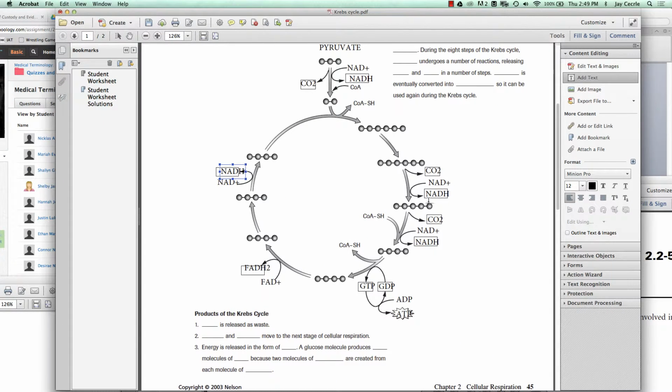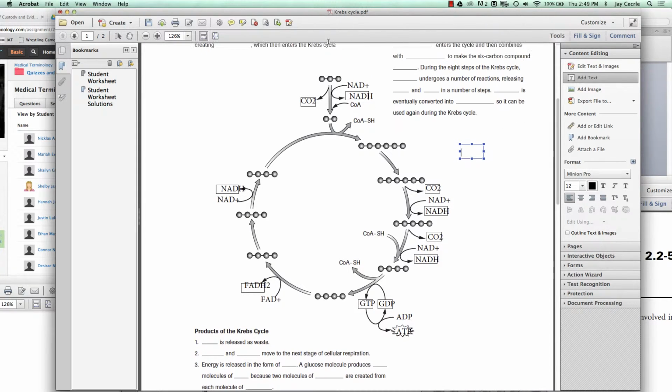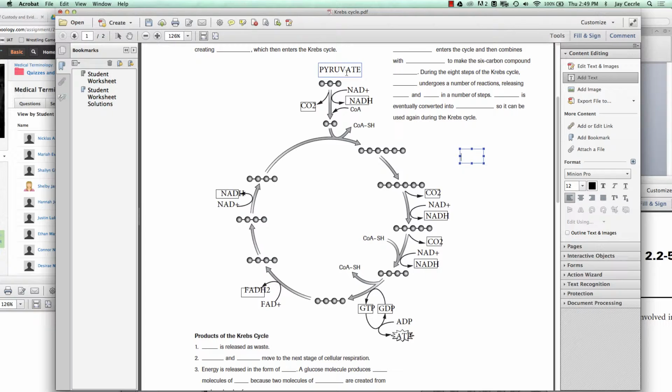So let's just quickly go through and account for what we've got. How many ATP did we make here? 1 here. Okay, only 1. Now this cycle, do you guys remember how many pyruvates there are that were made in the last one? 2. All right, so we're just going to put